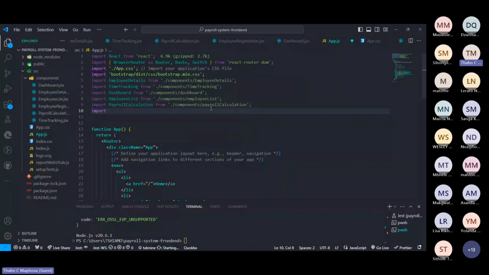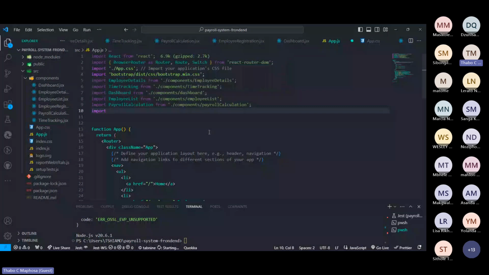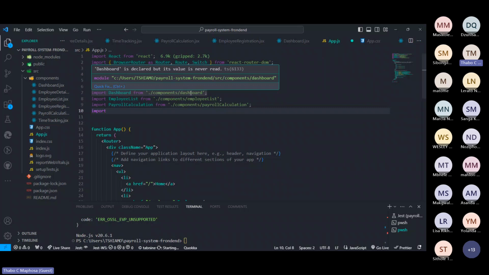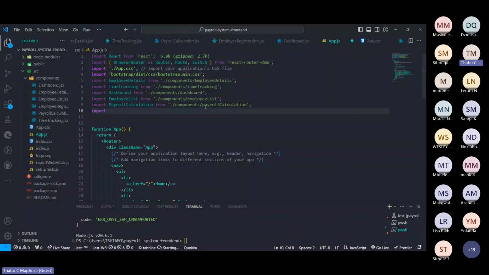Which module am I importing this time? Employee details, time tracking, the dashboard, employee. Okay. So all of these are the ones that I'm importing, and then the last one. Where is the last one? The last one is time tracking.